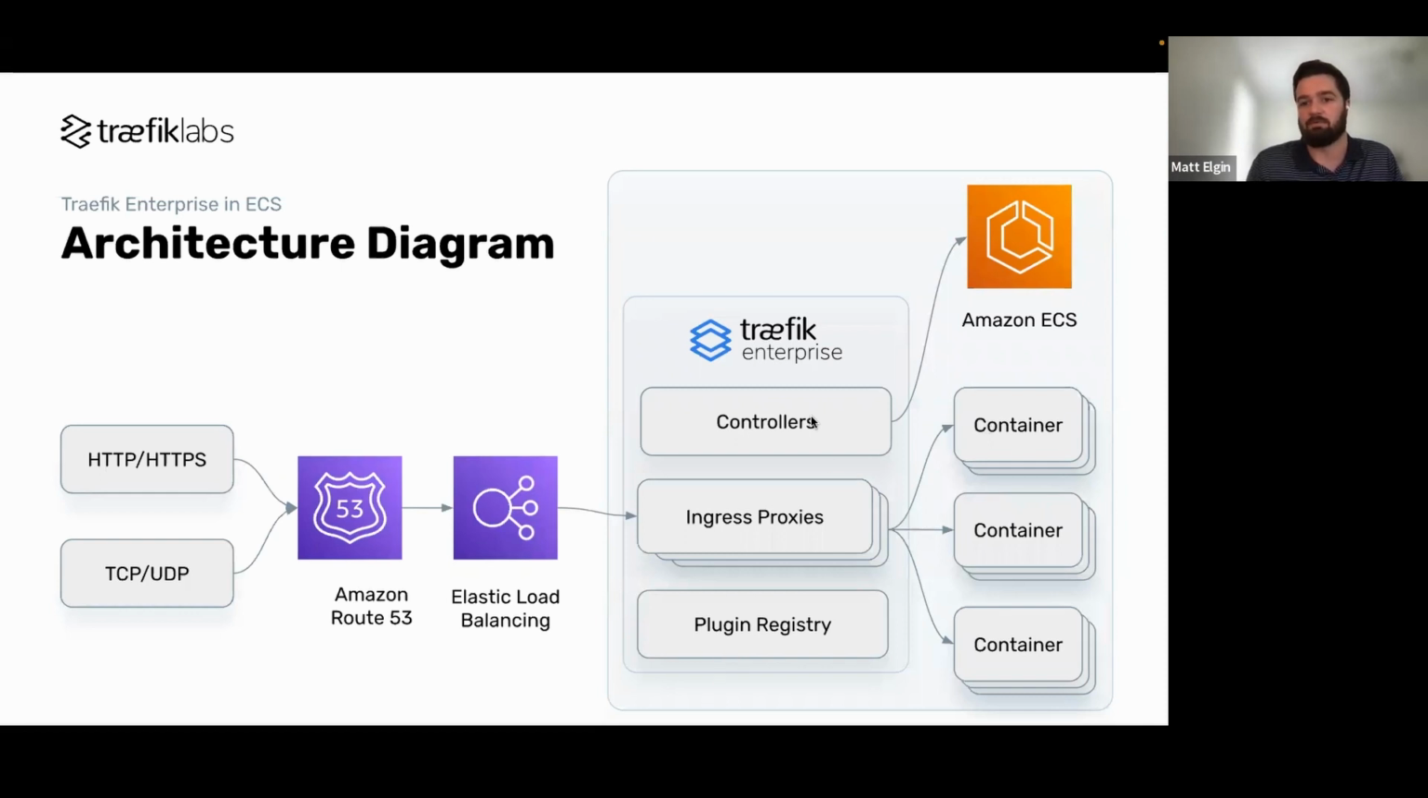previous slide. So we've got one or more controllers that is responsible for cluster state and managing configuration. It's going to talk to the ECS cluster for the purposes of service discovery for these backend containers. That controller is then going to propagate our configuration to the ingress proxies that we have running. And we'll have at least a couple of those running for redundancy and high availability purposes. And those are going to actually handle those incoming requests from our load balancer and route them to the correct